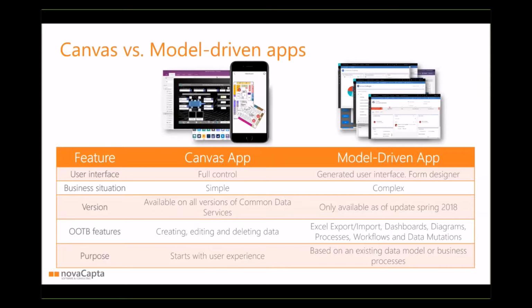It suits more simple business situations. There are a lot of out-of-the-box features like creating, editing, and deleting data, if you start from data, or also start from scratch. But in a model-driven app you have more different out-of-the-box functionalities,